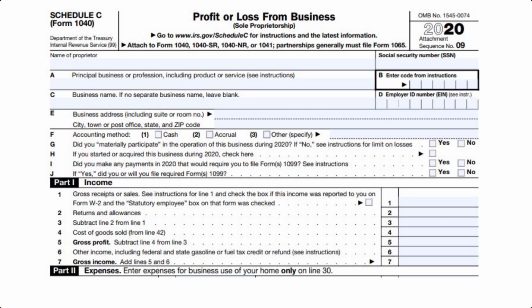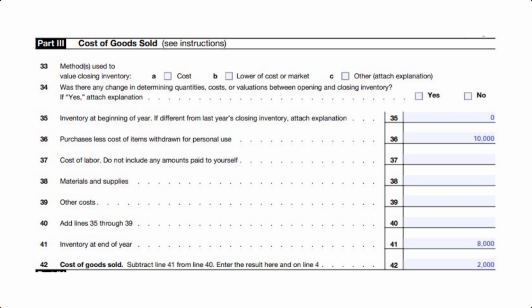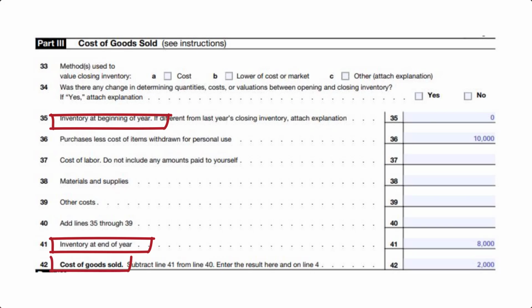This is where your business activity goes if you're a sole proprietor or a single member LLC. You can select either cash or accrual for your overall accounting method, but regardless of what you select, the IRS has you list your beginning and ending inventory as a way to force you to use the accrual method for inventory and calculate a deduction for the cost of goods that sold. They have you back out your ending inventory cost balance as a way of preventing you from deducting inventory that